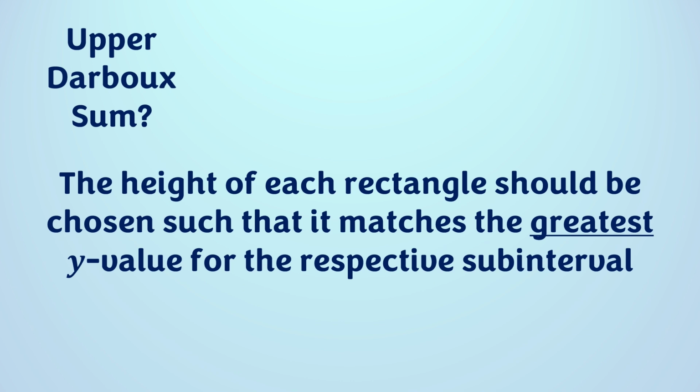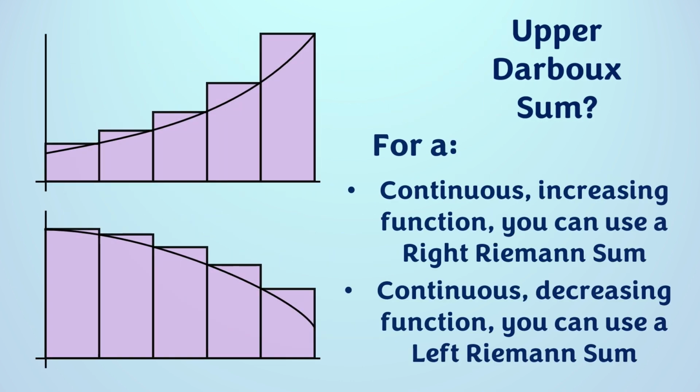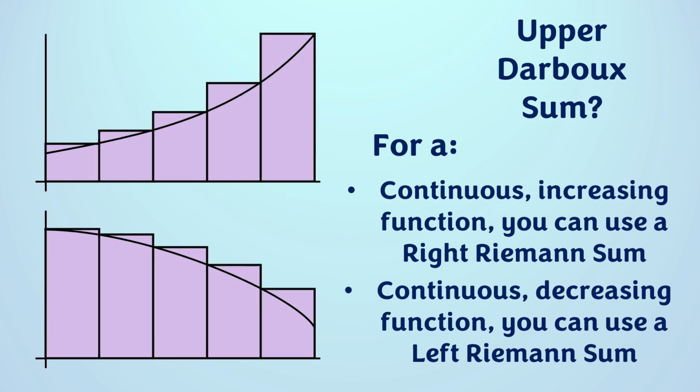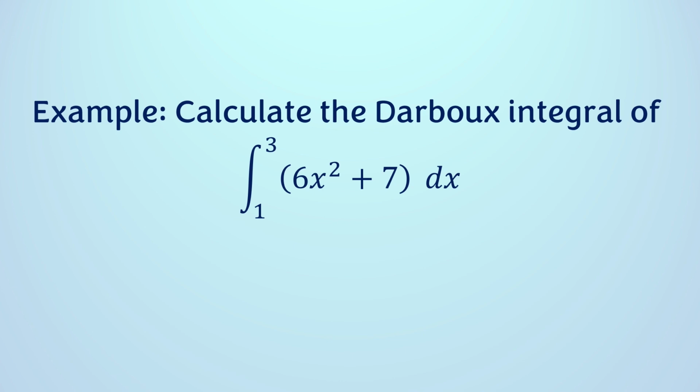And once again, at least signposting some of the correct terminology, the y values for each rectangle are acting as the supremum for their respective subinterval. But again, in terms of calculations, that can be done actually by a Riemann sum. You'd be using a right Riemann sum if you've got an increasing function and a left Riemann sum if you've got a decreasing function. Okay, let's put this into practice by calculating the Darboux integral of 6x squared plus 7